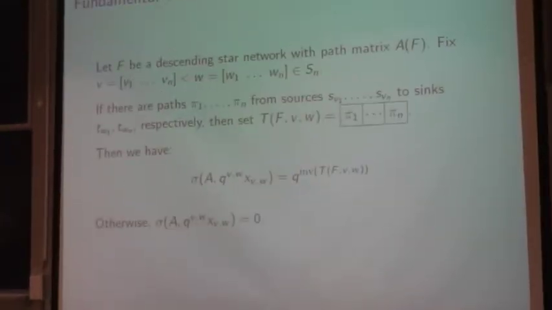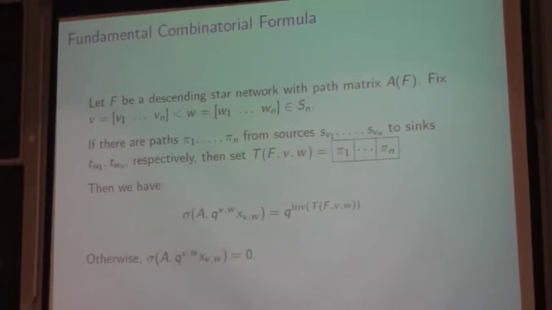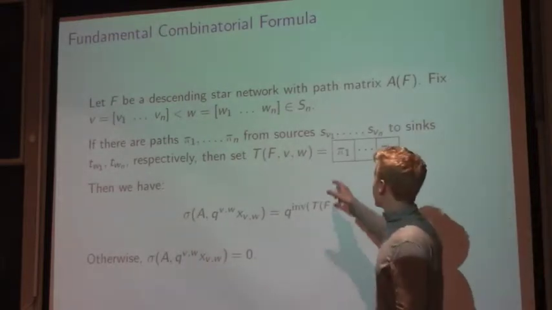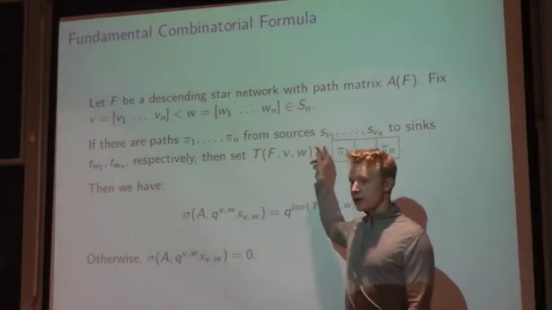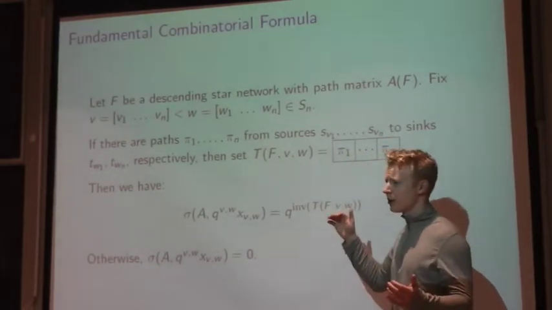All right, so this is the main result right here, which the other results are going to come from. And that is that if F is a descending star network, and we have some pair of permutations, then we can evaluate the monomial in the quantum matrix algebra corresponding to those permutations as follows. We say that if we have paths from the sources given by V to the sinks given by W, so these are permutations, when V is less than W in the Bruhat order,